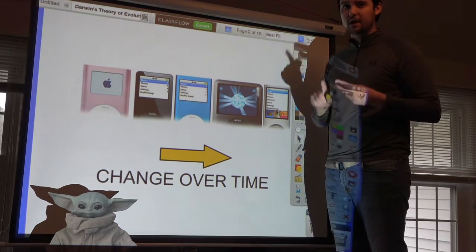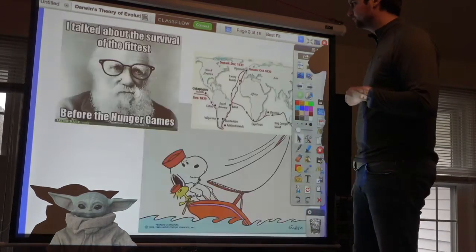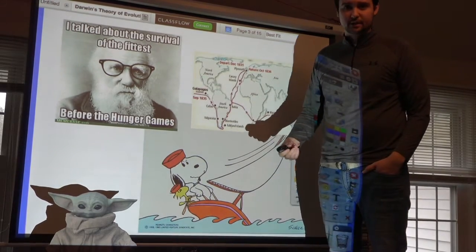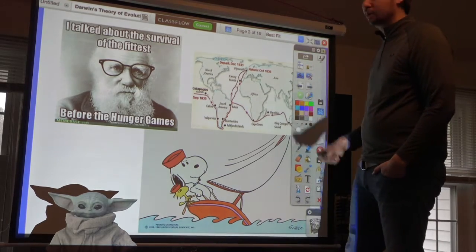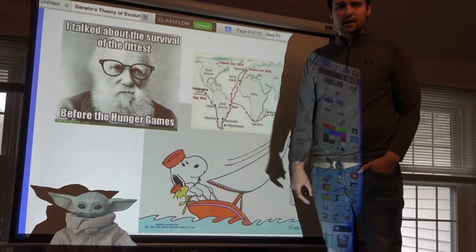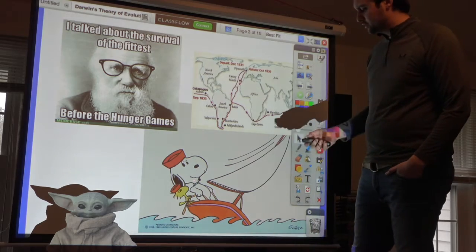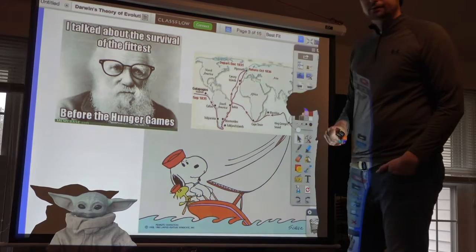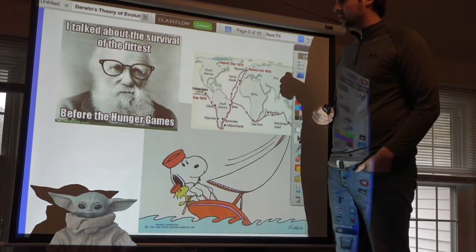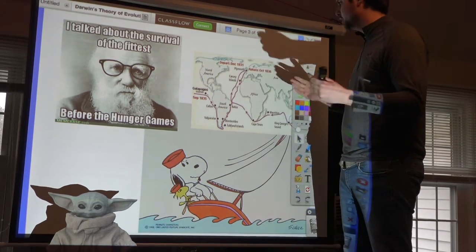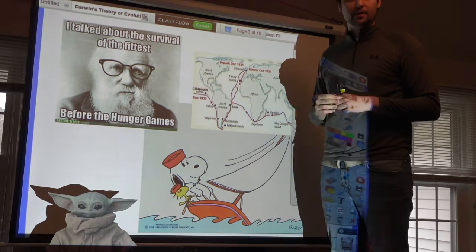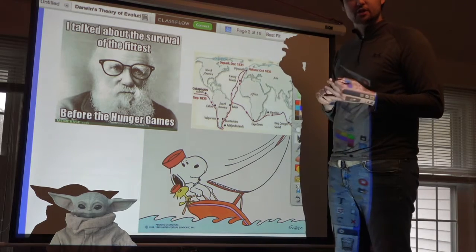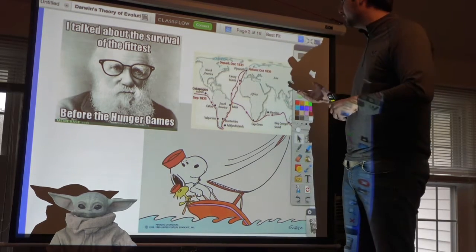We defined theory and we defined evolution. So this is Charles Darwin. Charles Darwin was a naturalist. And as a naturalist, he would go out and explore and study nature. The reason why I have Snoopy right here is because Snoopy is a beagle. And Charles Darwin, on his expedition, rode on the ship HMS Beagle, which is Her Majesty's ship, the Beagle. So it was funded by the Queen.